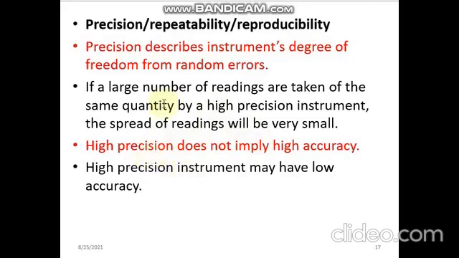But we should know that precision is entirely different from accuracy. For instance, if you want to measure 5 volts, and you know it is 5 volts, the first measurement gives you 3, the second gives 3.1, the third gives 2.9, like that. You see they are very close to one another. We can say the precision is very good, but we wanted to see 5 where it's showing 3 or thereabout. So it has low accuracy but high precision. So precision is the ability to reproduce the value